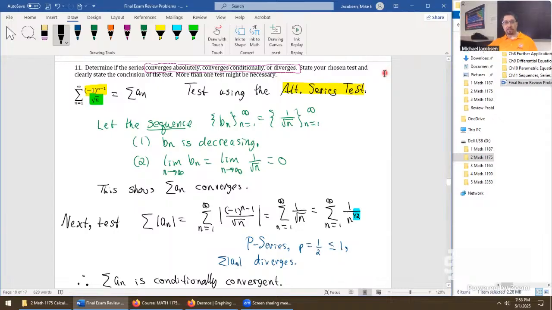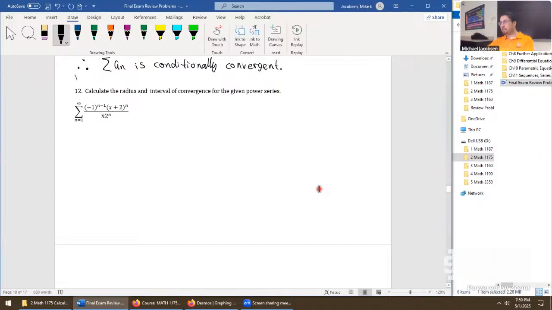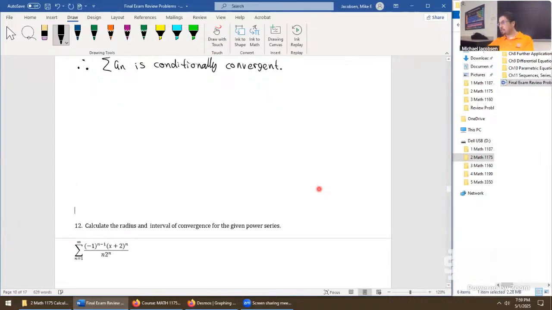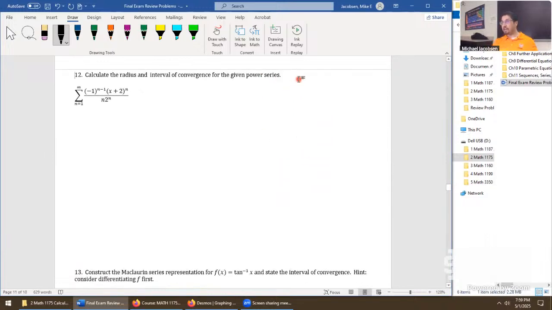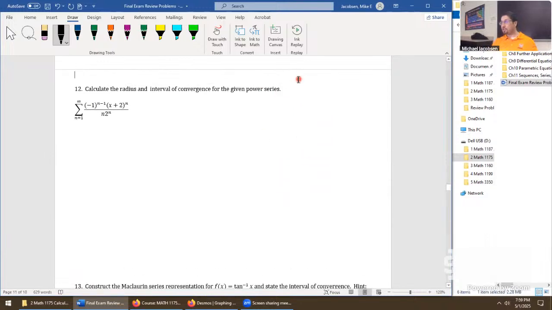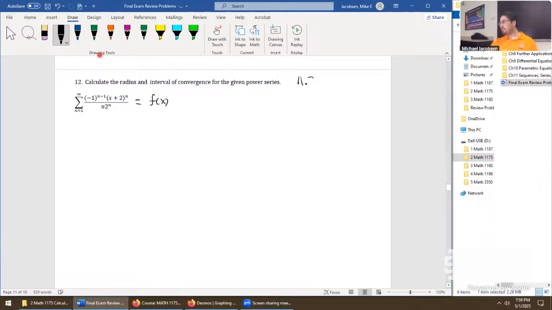This is midway through chapter 11 already at this point. And now in this problem, we're getting into some of the bigger tests. We want the radius and interval of convergence of the power series right here, or rather, it's not quite just a test. This is a whole function. If we want the radius and interval of convergence, what we're asking for is the domain of this function expressed in a couple of different ways. So now let's call this f of x. This is a section 11.8 problem.